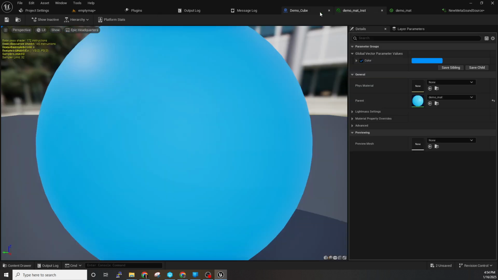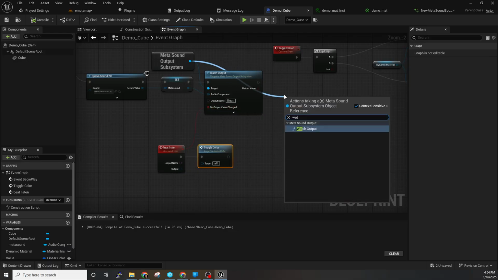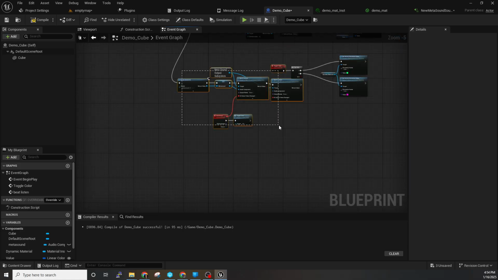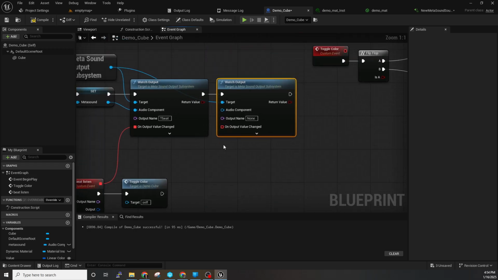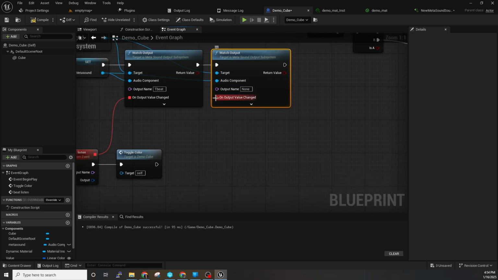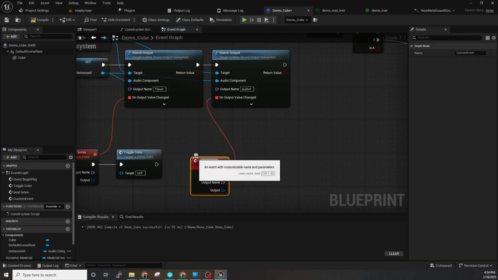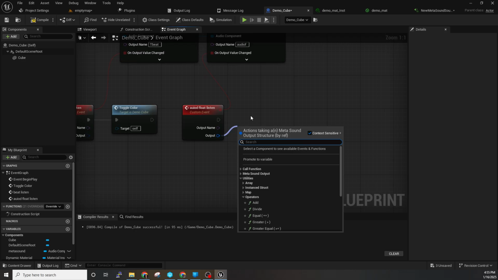For this one, it's going to be less exciting, but we're going to do the same kind of thing here. We're going to watch the output again. And again, I'm setting all this up on begin play, so that way it's just ready to go. And it's going to be the same connections. But this time, we're going to need to type in audio F because we're listening to a different output. We're going to do a new thing where we type in audio float listen, whatever you want to name it. And this time we're going to type float